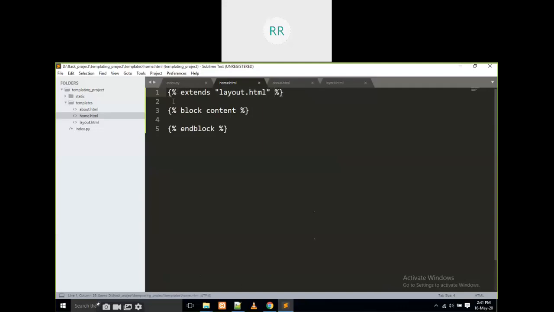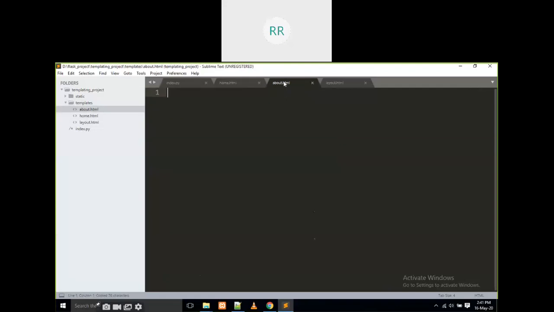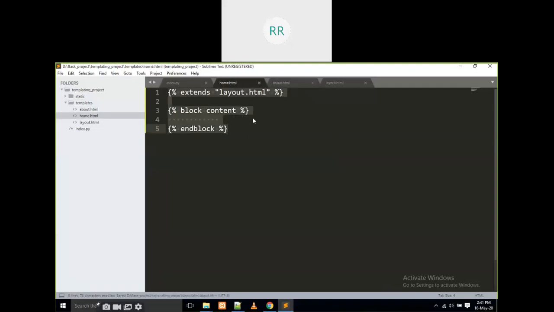I am going to write it like this, and copy the same thing for all the files. In the home.html page, I am going to write in an h1 tag some text like home page. Everyone knows this thing, right? But my main intention is not this one. I will show you.